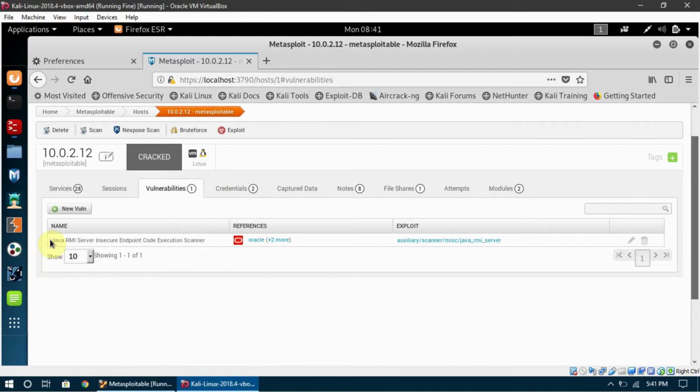It is telling us the Java RMI server insecure endpoint code execution scanner. So what this is saying is that it actually managed to find a new vulnerability which is present in Metasploitable, and it also has a module listed here that we can use to actually hack into Metasploitable. So we will do that in a few minutes, but I just want you to walk through all these options. So here is the credentials,